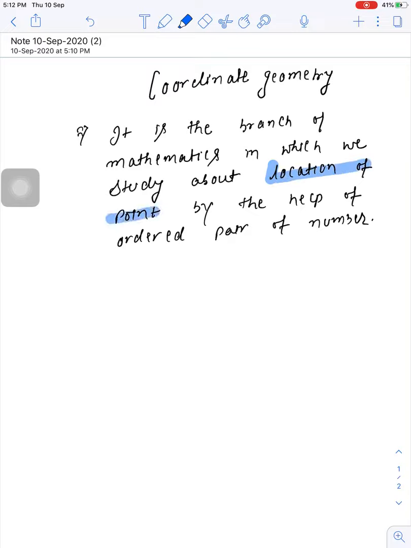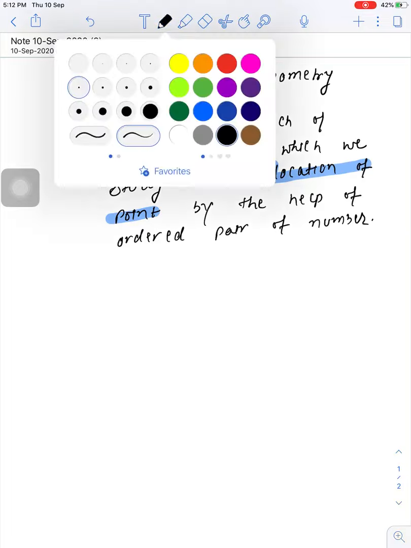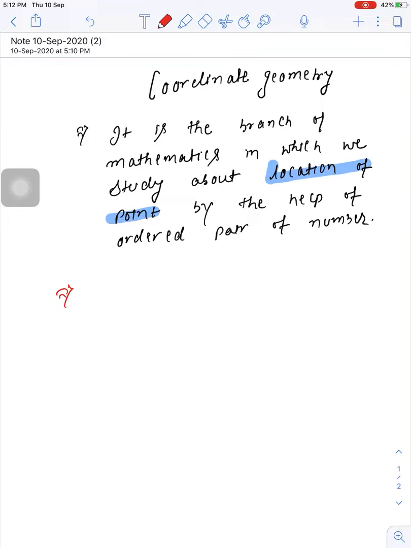It is important because you can see in the movies we are using Google Maps. Have you ever thought how Google Maps work? Have you ever thought how the aeroplane moves? The whole system is guided by the help of coordinate geometry, because here we humans act like a point. So going with the syllabus, the first new thing which we have to read in class 10 is distance formula.